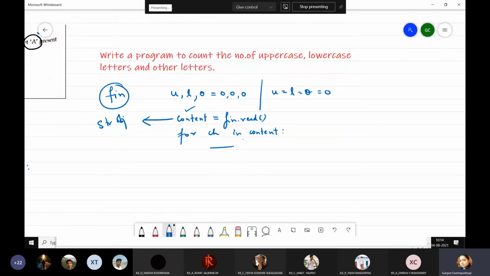what am I going to write over here? Complete this code right now. Complete the code and post the answers over here in the Microsoft Teams chat box.